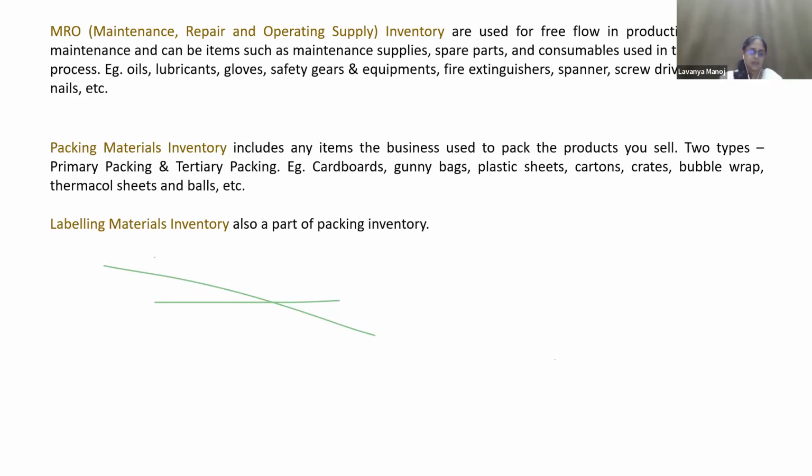There should be a kind of protective thing for any product, to use it safely or to protect the actual material which we are going to use. For example, a marker pen. What is the main component? The marker ink, the ink part. That is the main thing which we need, so that's why we are buying the product. So what is protecting that ink? The outer plastic portion, the plastic covering. That is the tertiary packing.